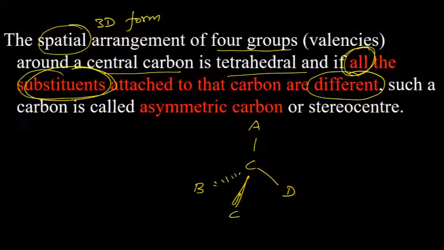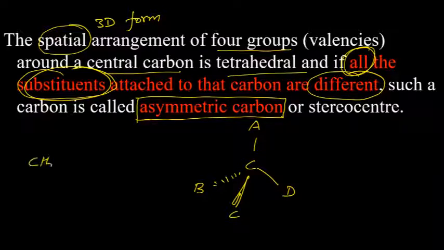such a carbon is called asymmetric carbon. Why we are talking about that? Because it will decide whether it will be optically active or not. This is a very easy way to find out whether the compound is optically active or not. So we are moving towards that direction. For that, we need to understand whether the compound has at least one asymmetric carbon, because the compound can have multiple carbons: CH3, CH2, CH2, CH, Cl, CH3, like this.